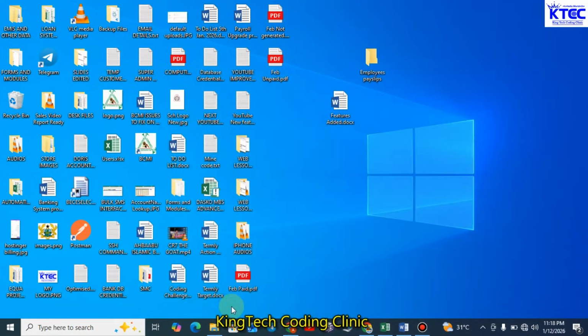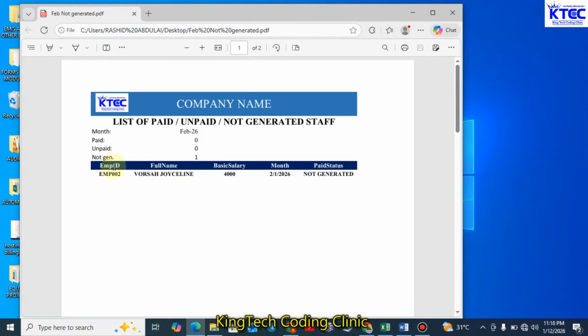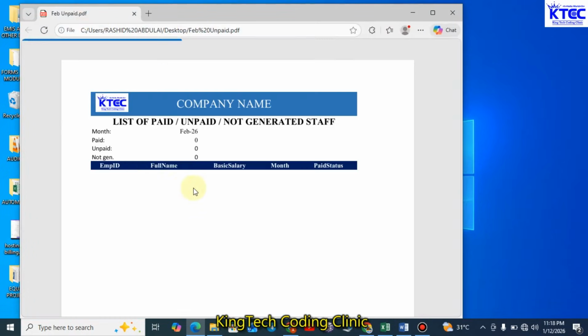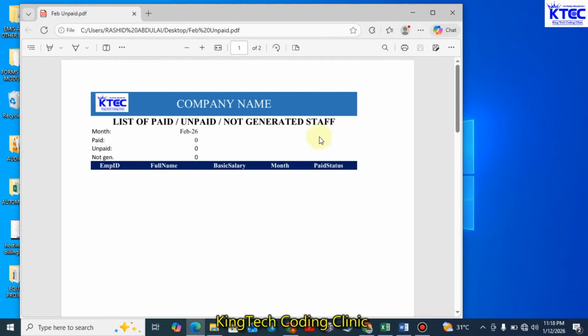So now we've already looked at the paid. Let's look at the not generated for February. So with this one, not generated, look at the status here, it says not generated, only one person. The payroll has not been generated, meaning that person has not been paid because the person has been set to inactive. Now, when you check the unpaid, it gives you an empty list, and you can see paid 0, unpaid